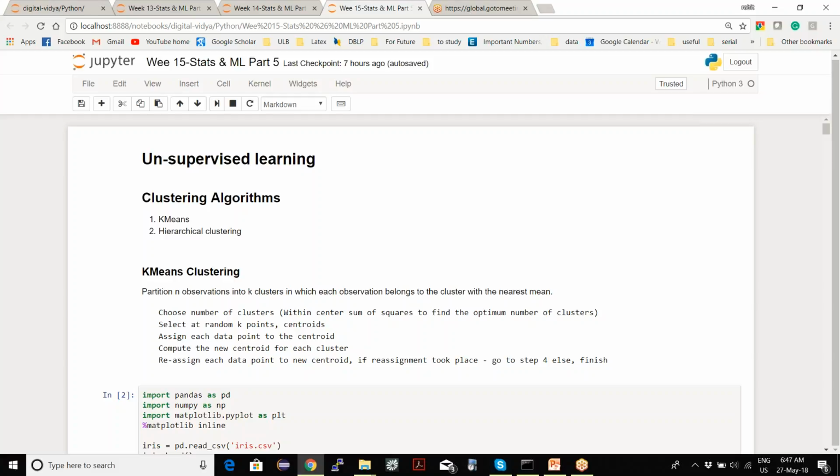These are the supervised learning algorithms we have seen, and these are the areas in which these algorithms have been widely used as known scenarios.